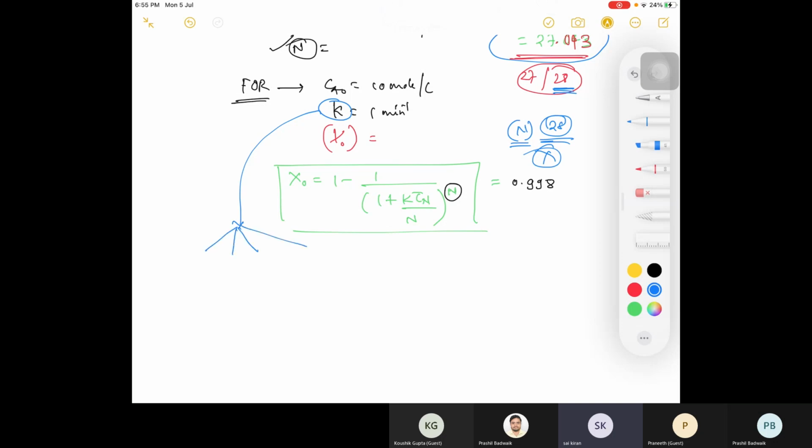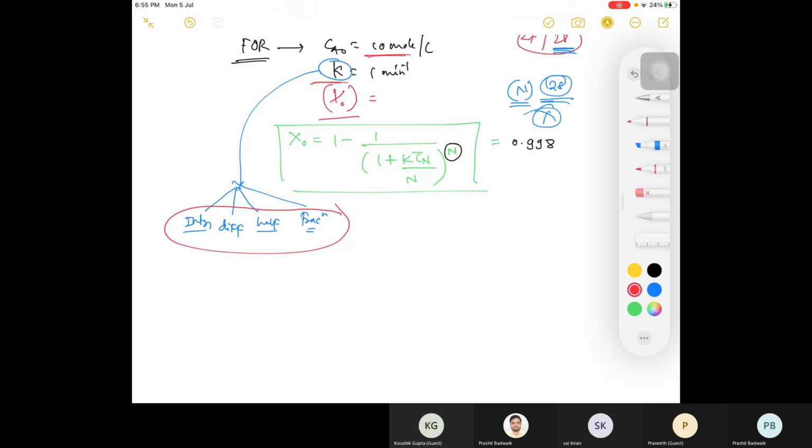So there were methods, right? Integral method, differential method, then half-life method, then fractional life method. These kinds of methods were there. Using these, you can find out this K, and then you know the concentration and everything. So for a newly discovered reaction, you can calculate every parameter: from K, from conversion, from RTD studies, from sigma theta square, everything you can calculate, and you can have a beautiful research paper.